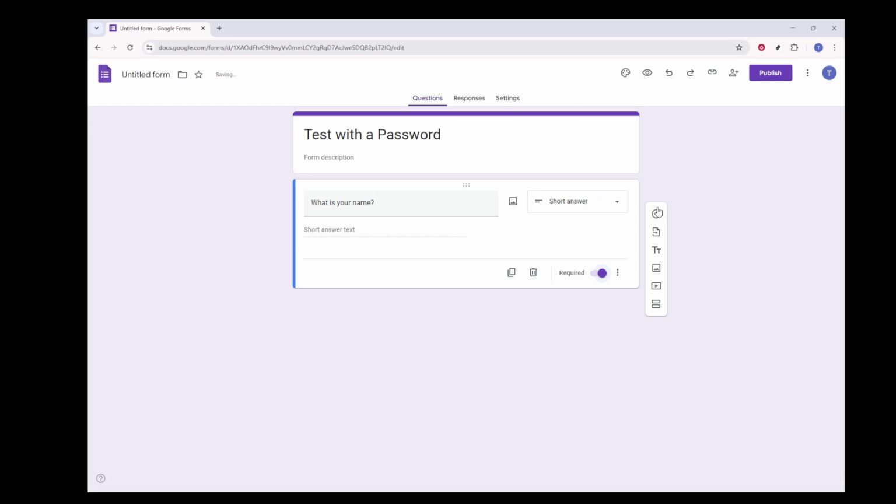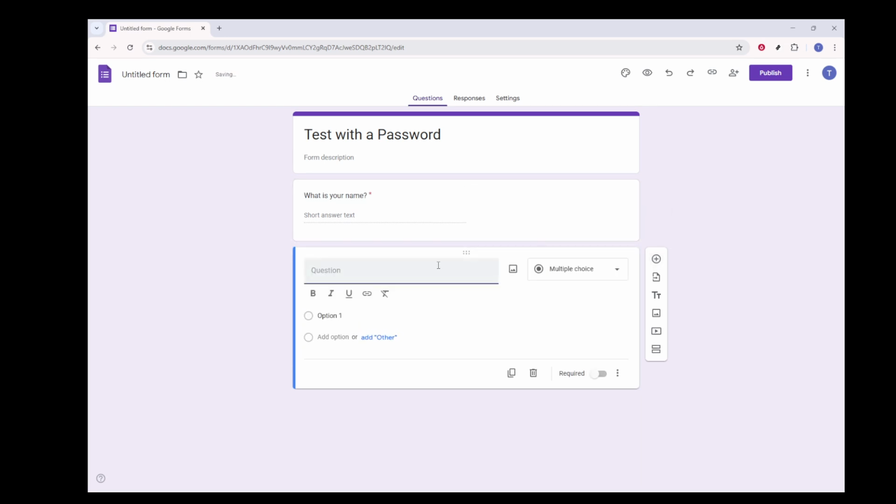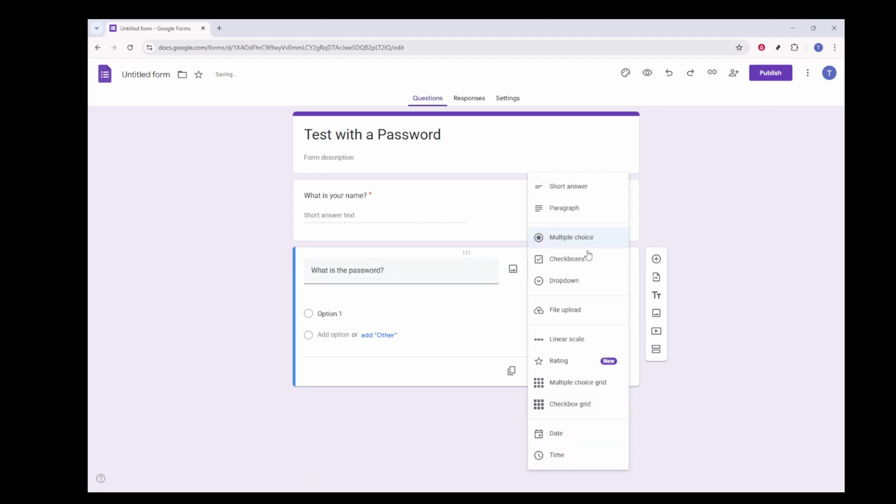Now click the plus icon to add another question to your form. This is where we set up the password. Enter a question such as, "What is the password?" Once again, select Short Answer from the drop-down menu. Now, to implement the password feature, click on the three dots in the lower right corner of the question box